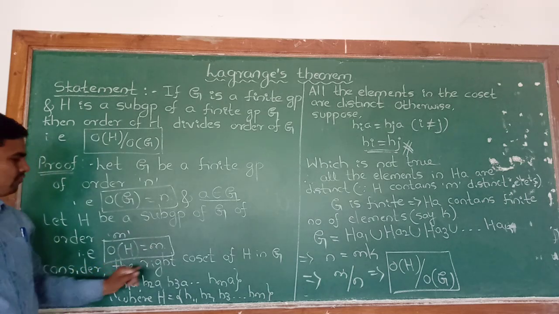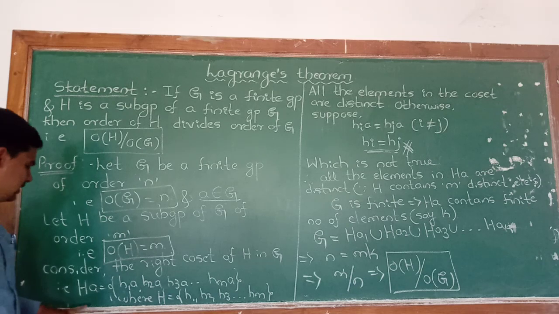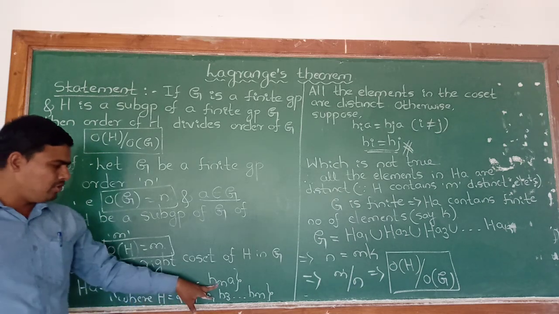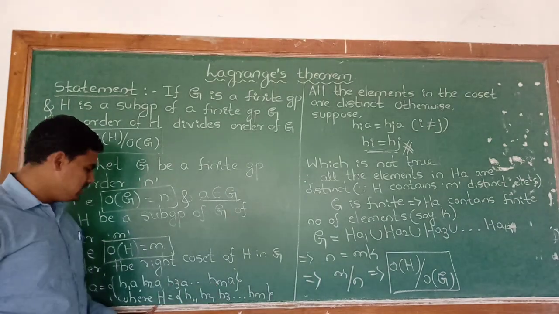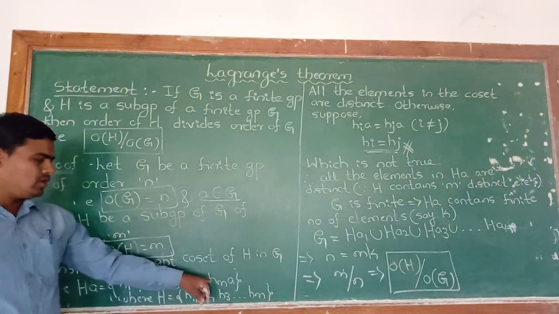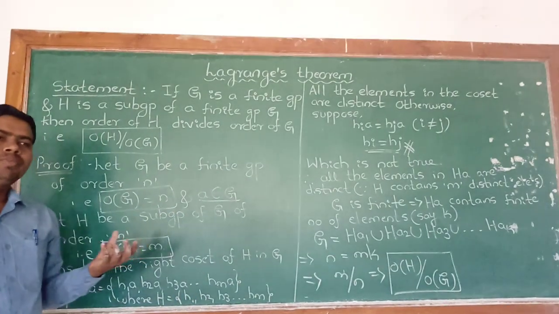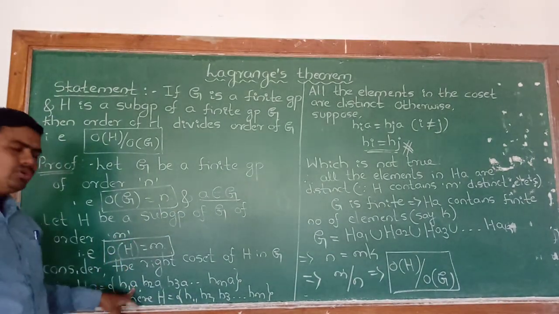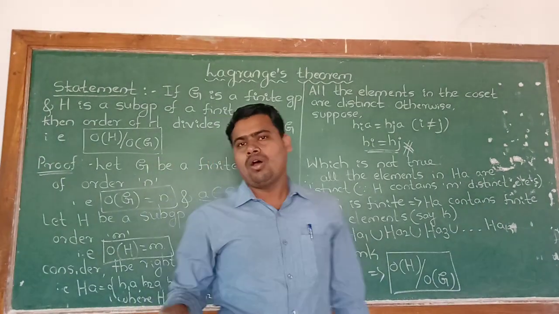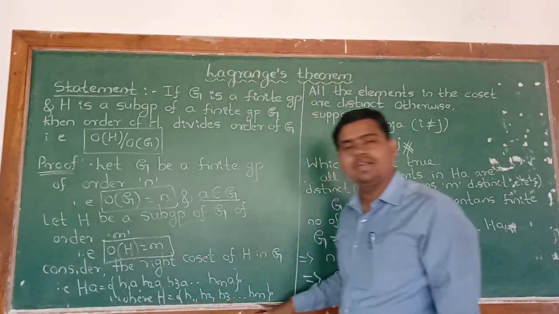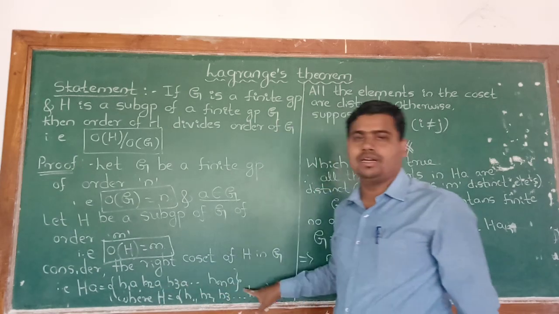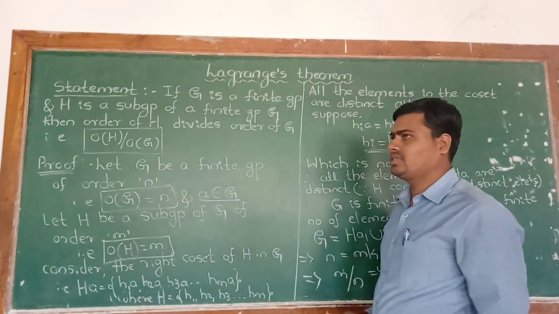Then define the right coset of H in G, that is equal to what? Ha is equal to h1a, h2a, h3a, and so on up to hma, where H is nothing but h1 to hm. These h1, h2, h3, and so on up to hm belong to the subgroup H, and this element a belongs to G, the main group G. We know that all the elements in H are distinct, then we need to prove all the elements in Ha are distinct. For this, I will consider,